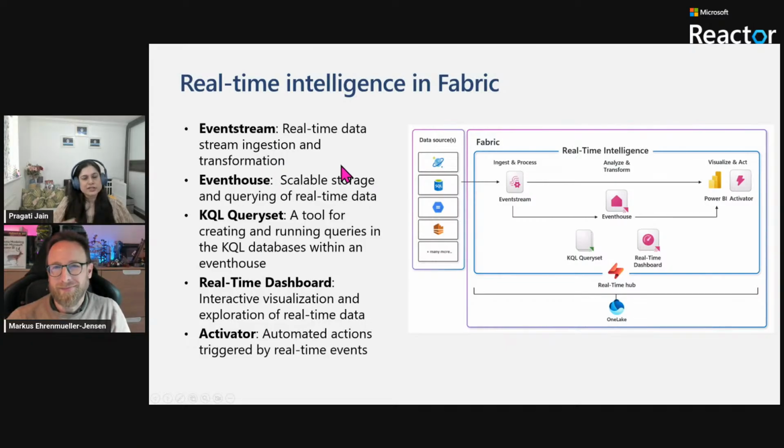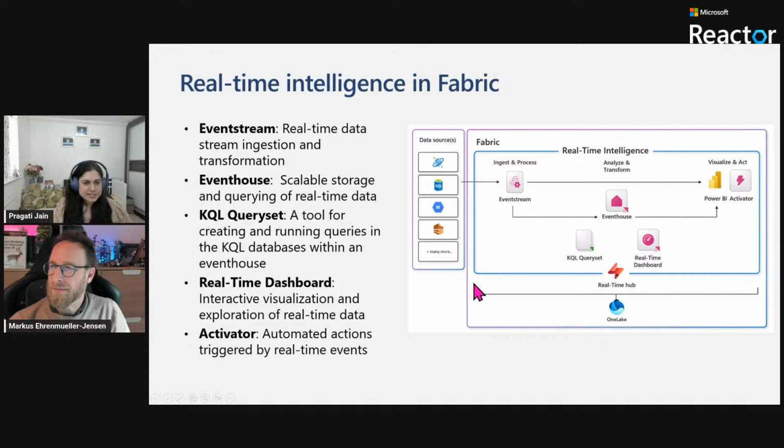Now, when we talk about event stream, consider event stream as a real-time data ingestion process that will consume real-time data from a data source. Now, there could be any data source because there are so many different data sources supported in Microsoft Fabric environment where you can ingest and transform your data. And when you want to store that data, once you have ingested and transformed, to a destination in Microsoft Fabric, then comes into picture is Event House. Event House takes that ingested and transformed data and stores that data, which is further available for querying as well.